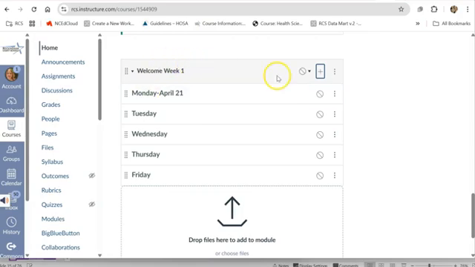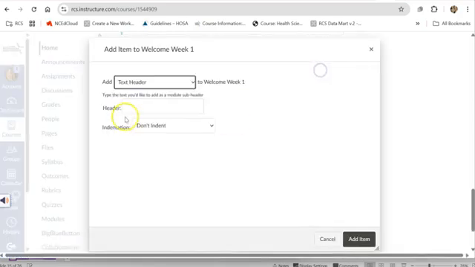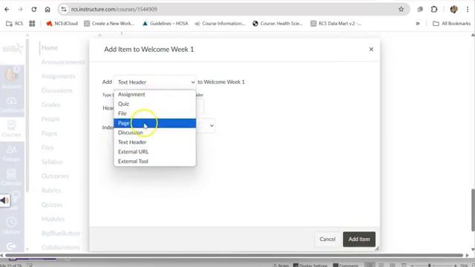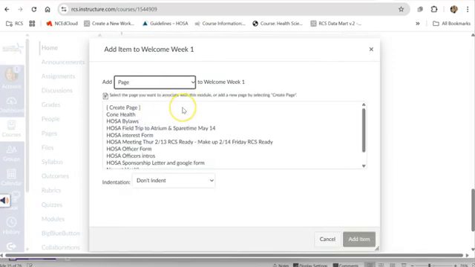So we're going to start adding something in Canvas besides a text header. Let's say you want to add a page. So a page is something that you can look at that has videos, that has text, that also has maybe some games like purpose games. I like to use purpose games for anatomy and physiology and quizzes and GimKit and Blookit. All of those are multimedia tools that you're going to learn about with this new program. So we're going to create a page,